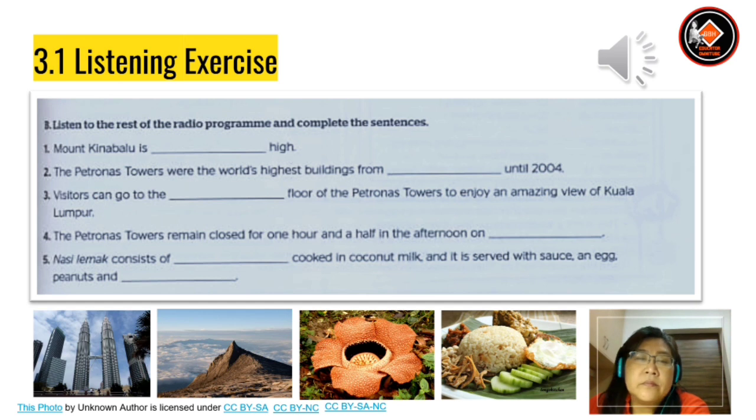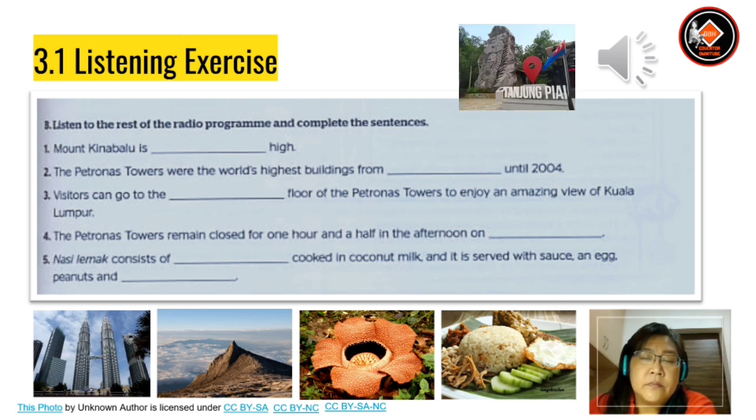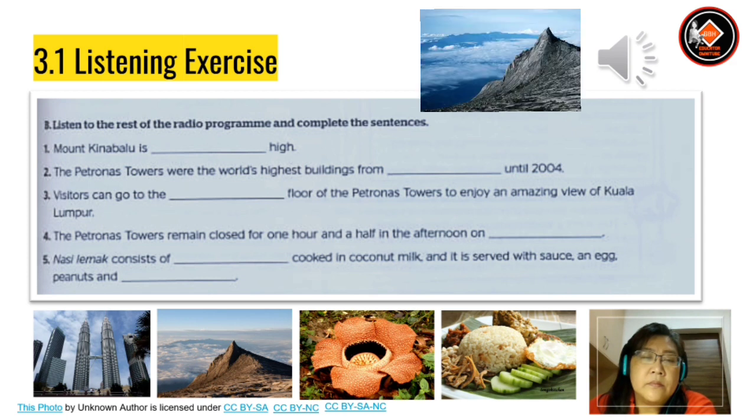B. Listen to the rest of the radio program and complete the sentences. Part 2. Malaysia is divided into two parts, Peninsular Malaysia and the island of Borneo. Peninsular Malaysia is the western part of the country, and it includes Tanjung Piai, which is the southernmost point of mainland Asia. Borneo, which is the eastern part of the country, includes Malaysia's highest mountain, Mount Kinabalu, at 4,095 meters,